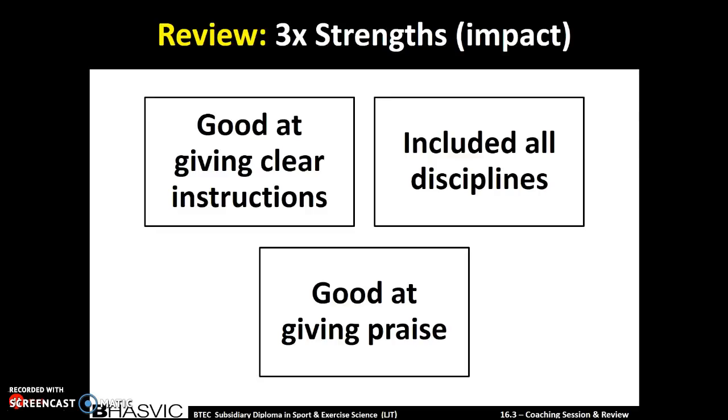This allowed my session to be much more inclusive as it allowed people to take part in activities that may be a strength or a weakness. And what I mean by this is that for some people, a throwing activity might be difficult for them, so then they can use the activity that I planned to improve on their weakness. Then, however, they might find that the catching exercise for them is one of their real strengths within striking and fielding sports. Therefore, the variety in the types of activities I had would be some people's strengths and some people's weaknesses, so there'd be a little bit of something for everyone within my group.